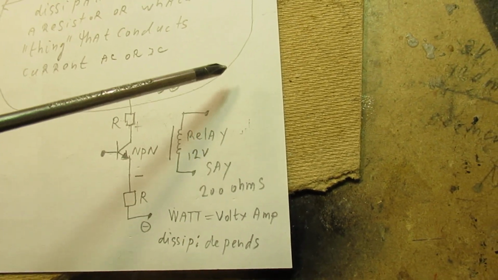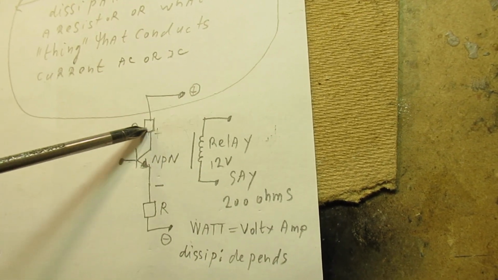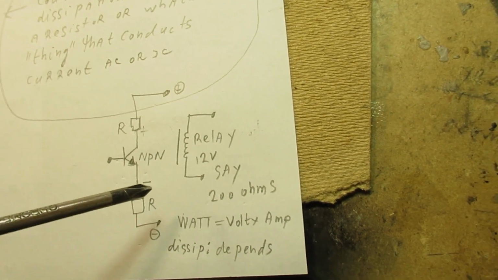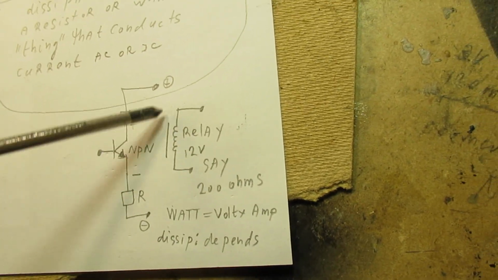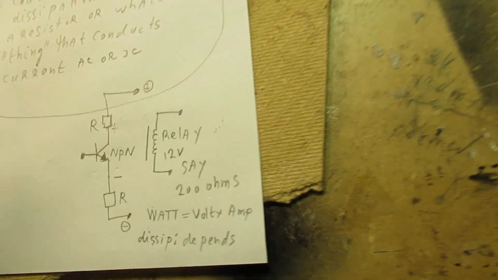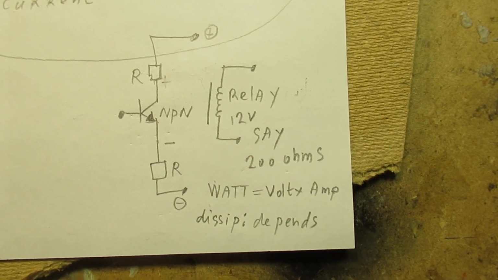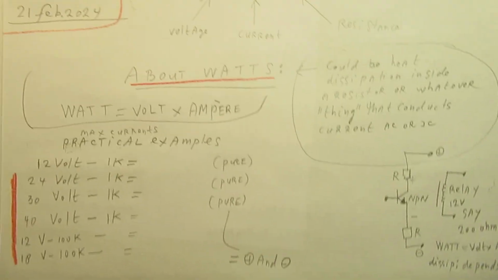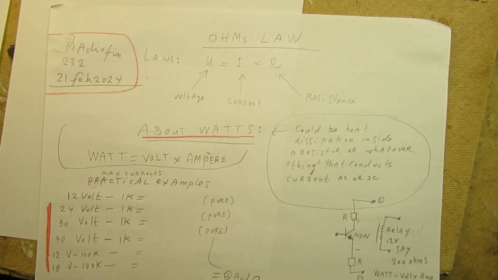It means that when you connect such a relay in series with the collector of an NPN transistor, when it has to drive that relay, you can calculate the current that flows here, the voltage drop, etc., etc. So that's more or less the importance of all these simple calculations that you can use